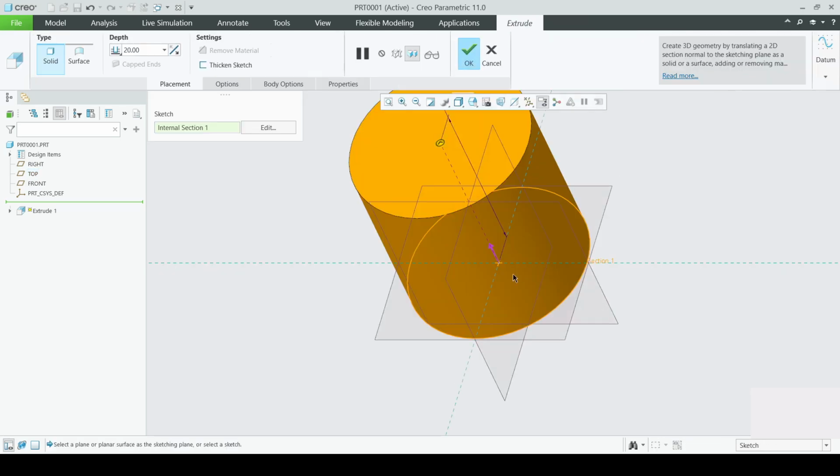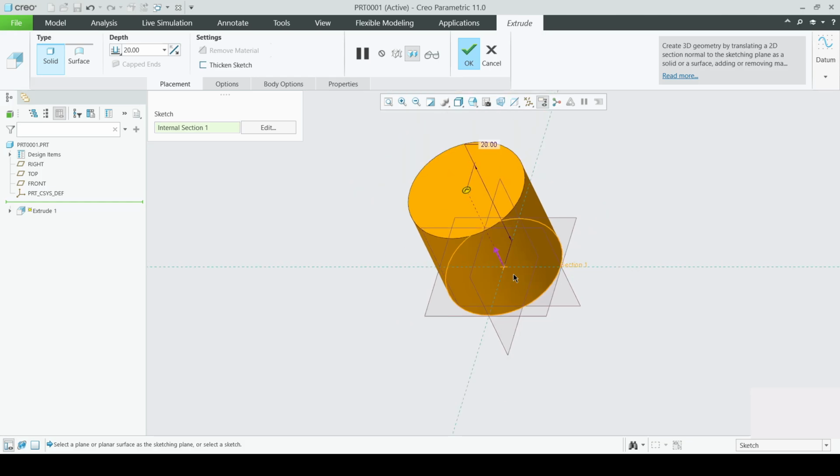We will press OK. Now, how to assign the height? This is the value of the height of the cylinder. Okay, so we can double click here and write height